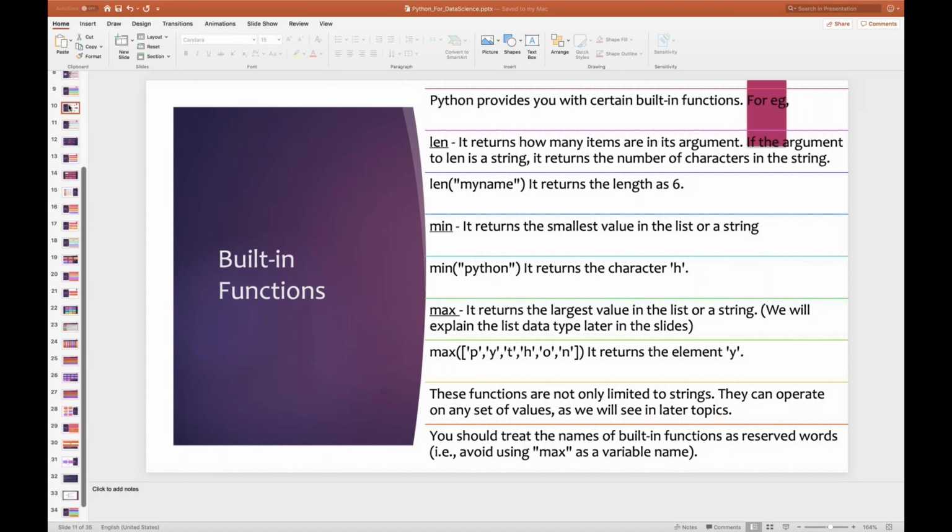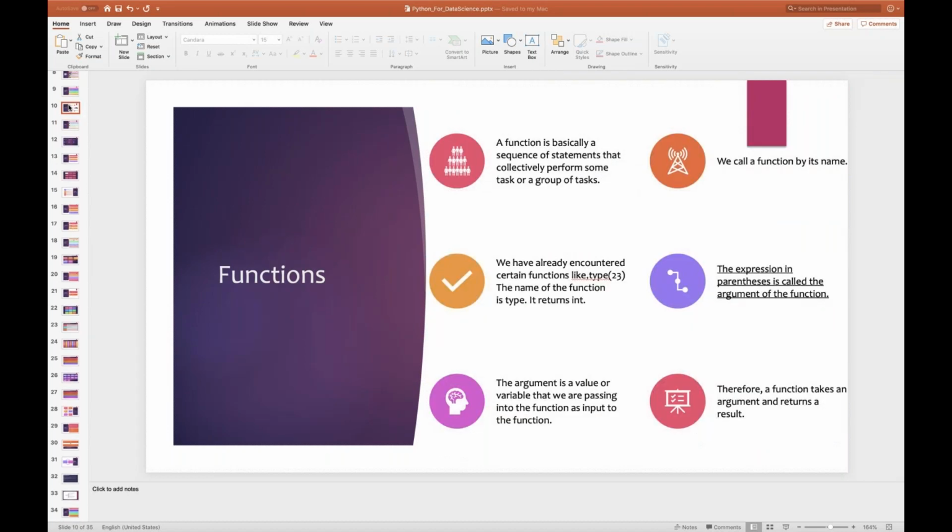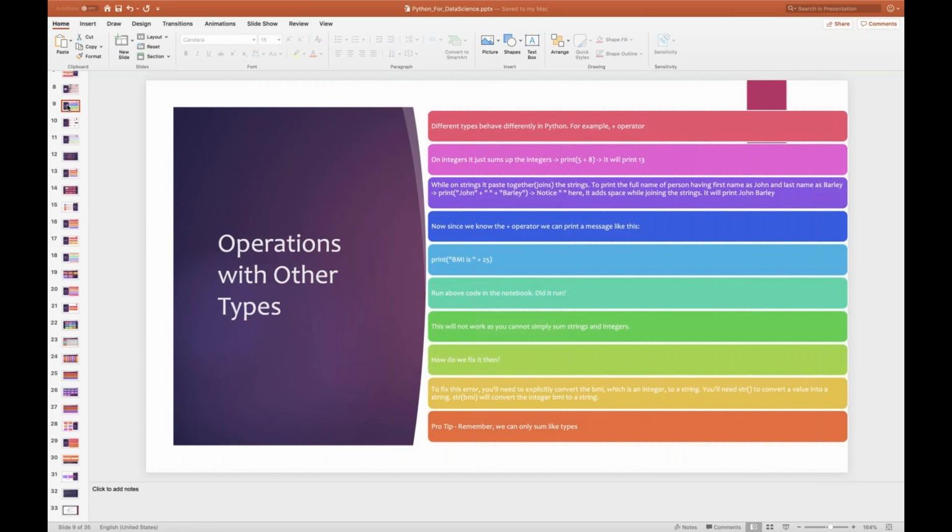Okay, like that. So here we spoke about functions. What is a function? How can a function be called in Python, and what are the fundamental rules for a function, and the names of the functions and all. Here we discussed operations. I told you very clearly, you can sum up two ints, you can sum up two strings, but you cannot sum up an int and a string. You have to convert the int into a string and then sum up. That's how Python will work. So this is also covered.